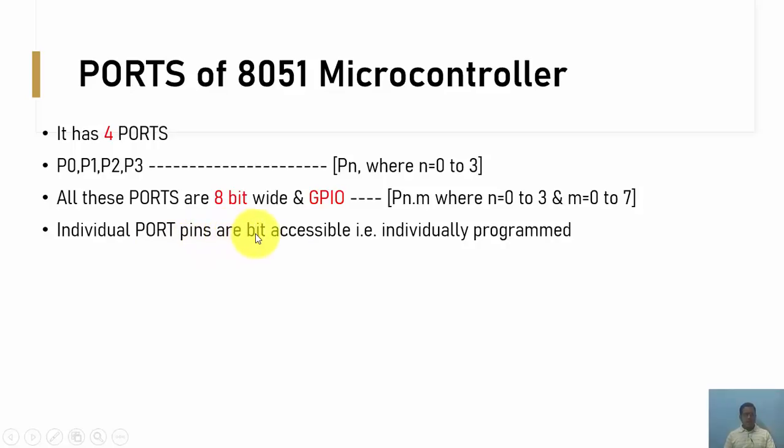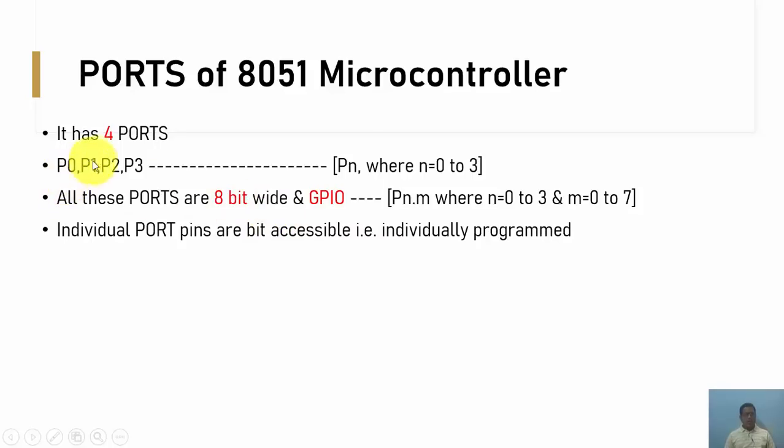Individual port pins are bit accessible, that means they can be individually programmed. Suppose I am using any of the ports P0, P1, P2 or P3. As per my requirement, one port pin I can configure as input, and another port pin I can configure as output. This totally depends on the programmer's requirement, and this concept is called bit accessible.